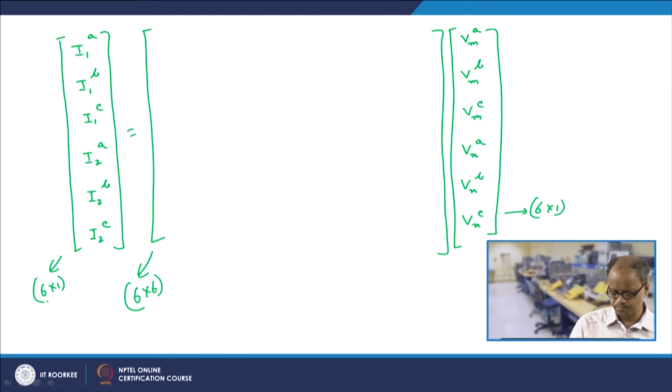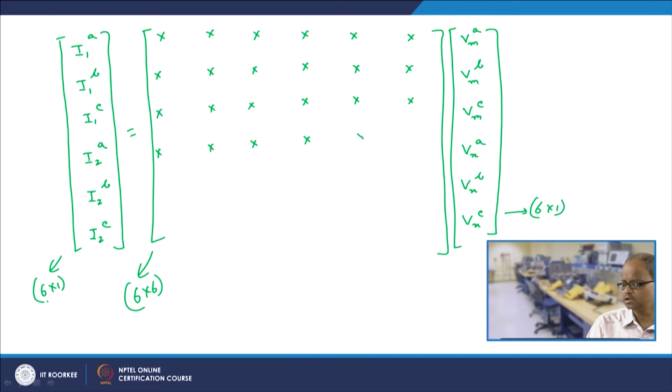So, now obviously this matrix would be a 6×6 matrix. Depending upon the transformer connection, there will be altogether 36 elements. These elements may be 0, these elements may be non-zero. What these elements would be depends on the particular transformer connection, but there will be altogether 36 elements. Again I repeat, these elements may be 0 or non-zero, but there will be altogether 36 elements, and these 36 elements are